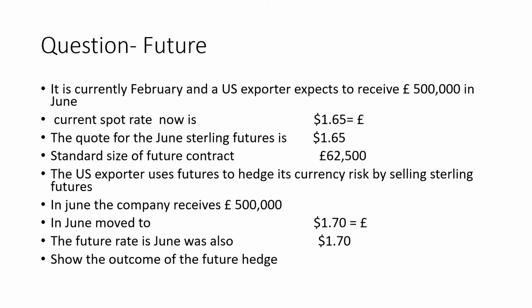The quote for the June sterling future is 1.65. Standard size of a future contract is 62,500 pounds. This US exporter uses futures to hedge its currency risk by selling sterling futures. They are expecting that there would be certain changes in the exchange rate. Therefore, they have hedged their currency risk